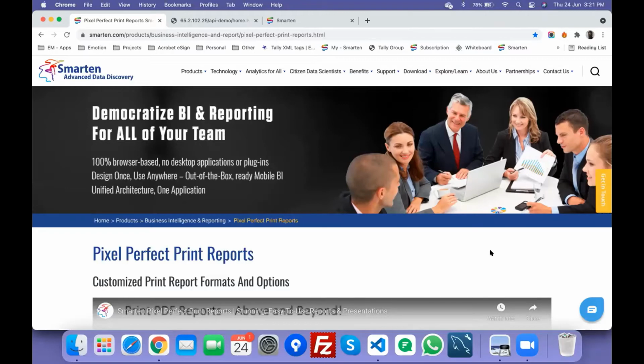Smarten would not generate QR image, but from the HTML template that you are bringing in, you can call the API, you can generate QR, you can generate barcode, you can bring in any other marketing or any other process related content or image that you want to bring in.